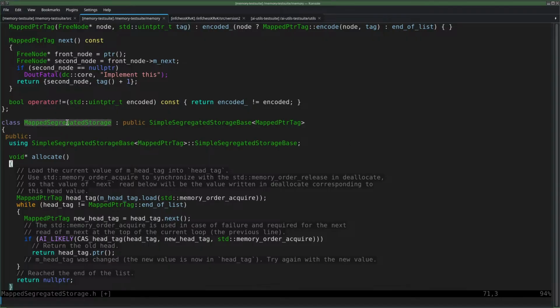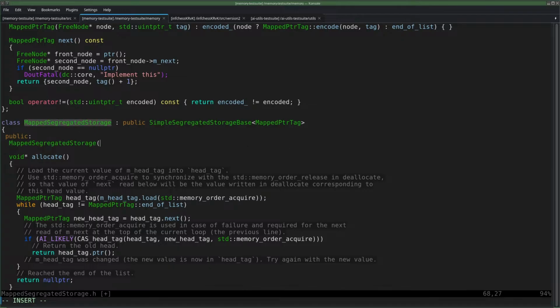So now this must be constructed with. Actually, I could even remove the default constructor, because currently it is default constructed, but that is nonsense. So let's not inherit the default constructor. Let's just define our own constructor here,